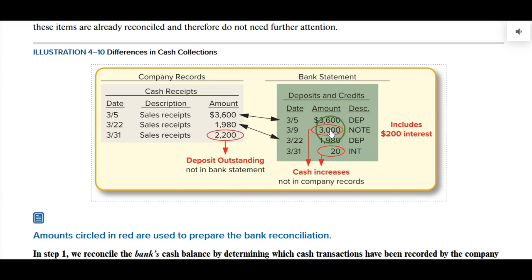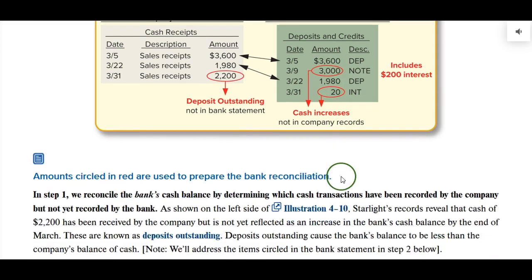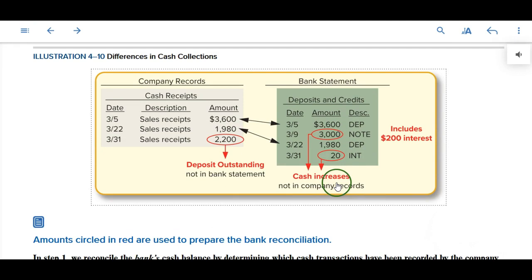We look and see the bank has some deposits that we don't have recorded yet. This is a note, and if you look at the information down below here, I'll let you read it in the book there. This is a $2,800 note receivable someone owed us, and a $200 interest on that note. And the people paid the bank directly to our account for us. The bank recorded this $3,000 deposit related to the note and interest. We did not.